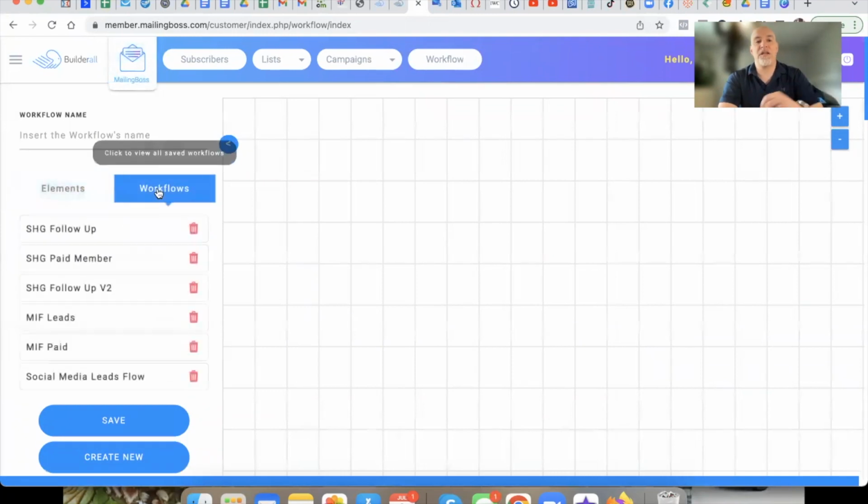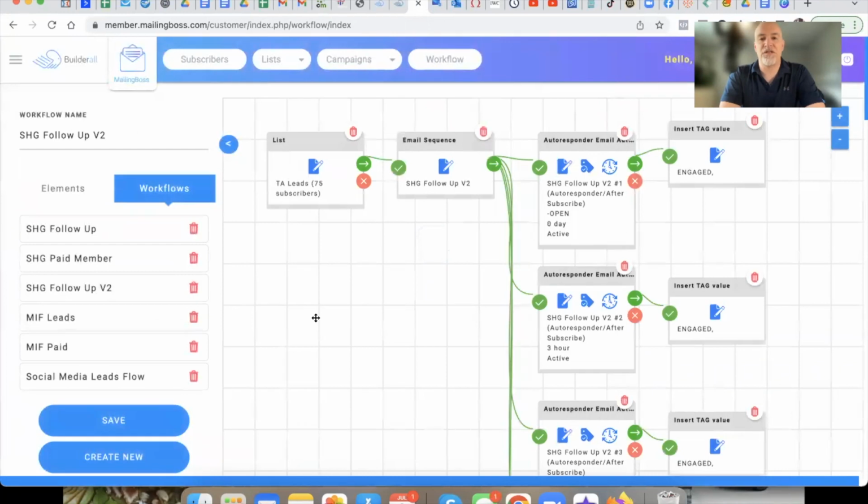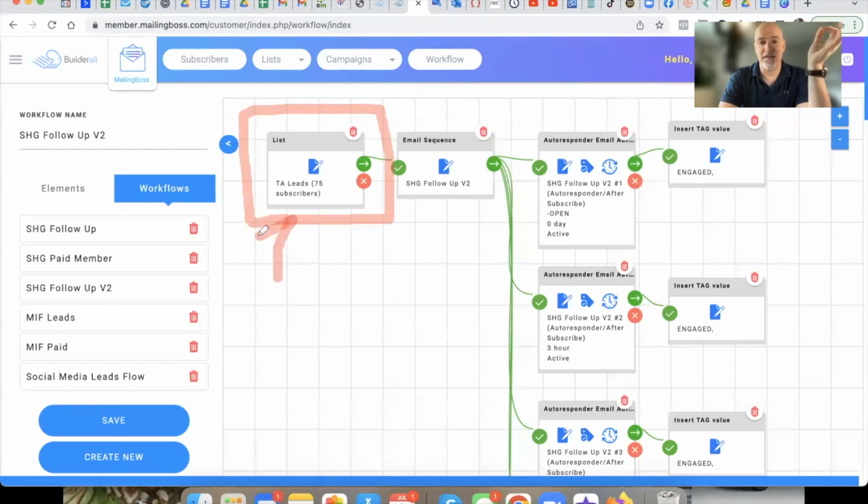So I'm going to show you right here. I have some other workflows already here. What we're going to do is basically clone this workflow right here. And how this works right now is someone gets on my list. So someone goes through the capture page, they enter their email, and then they automatically get subscribed to one of my lists. So what does that do? Once they join my list, that automatically triggers what is called an email sequence. So now you're going to send out a series of emails